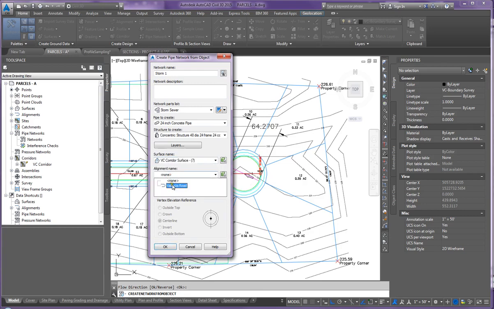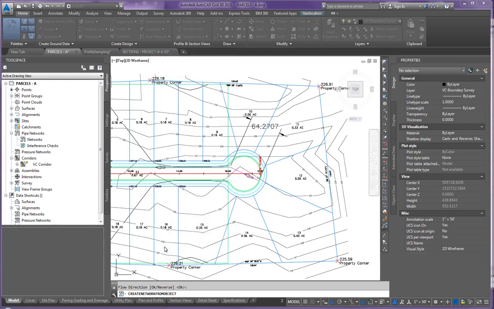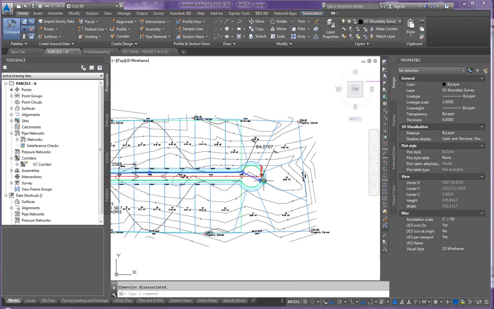the alignment is based off of Valencia Road. So all my stations and offsets are based on Valencia Road. Now I'm going to go ahead and erase the existing entity, but I'm going to use the vertex elevations. The vertex is going to be the invert of the pipe. So all those elevations that I attached to that 3D polyline are for the invert of the pipe. Now I'm going to go OK. When that occurs, what's going to pop up is going to create my 3D